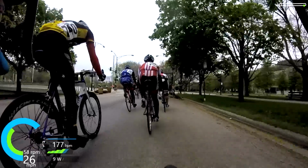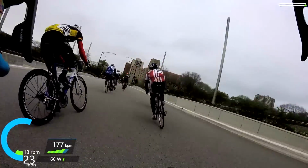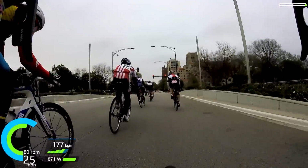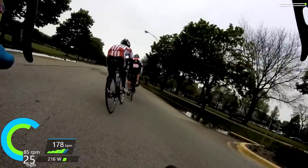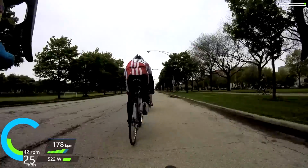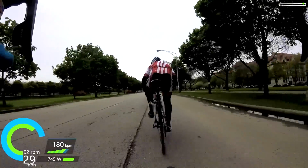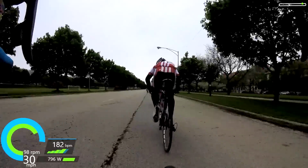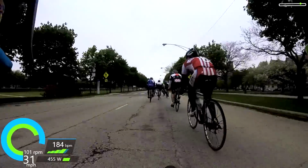So we did try and start to organize something. You can see we're starting to get a little bit strung out here. Our speed picks up, power picks up a little bit. And again, I'm just trying to sit on wheels, not do a ton of work, hide from the wind. On this side of the course, again, the wind is coming from the left. So right now I'm not doing a great job of hiding in the wind, but